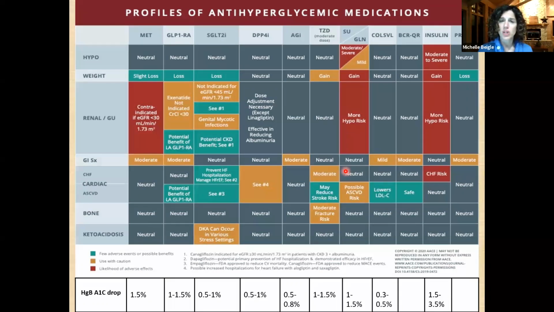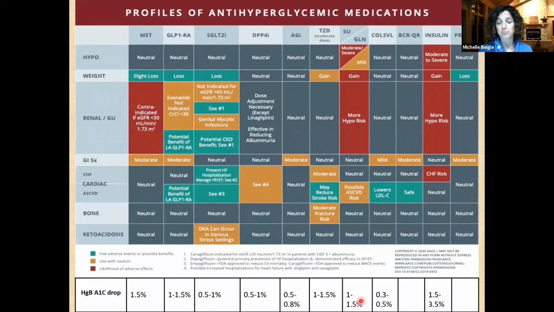Typically with diabetes, we're talking about a stroke, a heart attack, macrovascular and microvascular disease. And what we see is that it really probably does not do that. It probably is either neutral in reducing risk or possibly harmful or increasing risk. The amount of hemoglobin A1C reduction, I added this to the bottom of it, is about 1 to 1.5%. So a decent bang for your buck when we're talking about how low we can get that hemoglobin A1C. So there's definitely a niche for sulfonylurea, but it's not one that I typically turn to first, because the outcome data really just doesn't support me doing that when there are some other medications that we're going to talk about